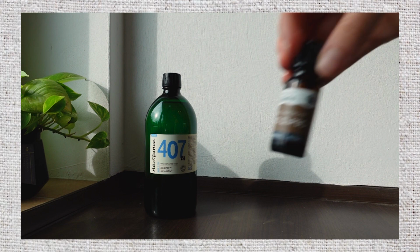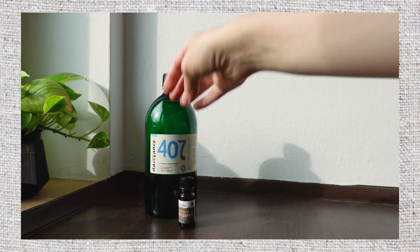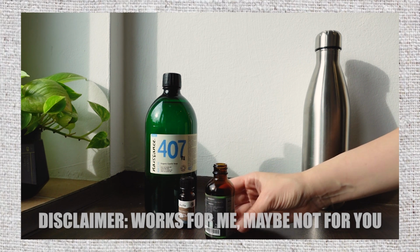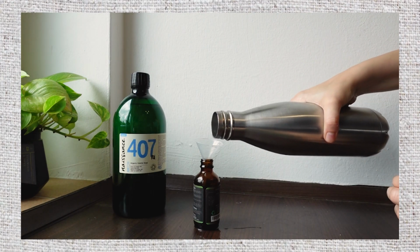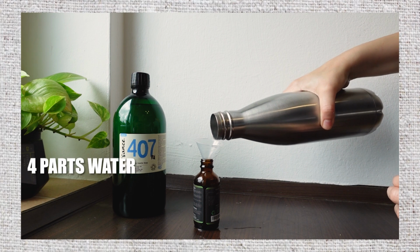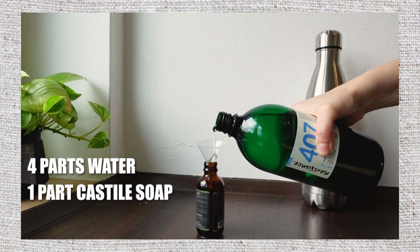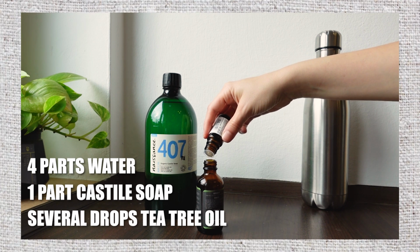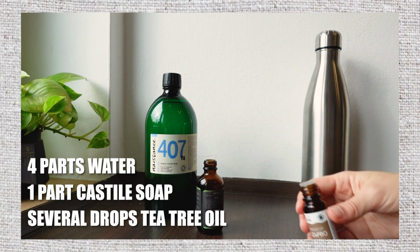Finally, I wanted to create a small skincare routine since I have personally benefited a lot from letting go of pricey cosmetics. If you want to create some mixture for later, you will need 4 parts water and 1 part Castile soap, as well as 20 or so drops of tea tree oil, depending on how much mixture you want to make. I personally use a much simpler method that works even if I have makeup on, and it involves